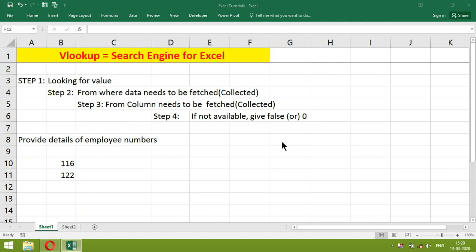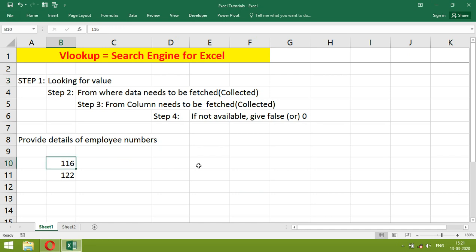VLOOKUP works like a search engine. For example, when we insert an ATM card, it immediately gives the result: account holder name, how much balance, like that. We can search a particular number in a database. Let's see how we can do that. Management asked to give two details when an employee number is given. So first it is looking for a value. The employee number is this one.